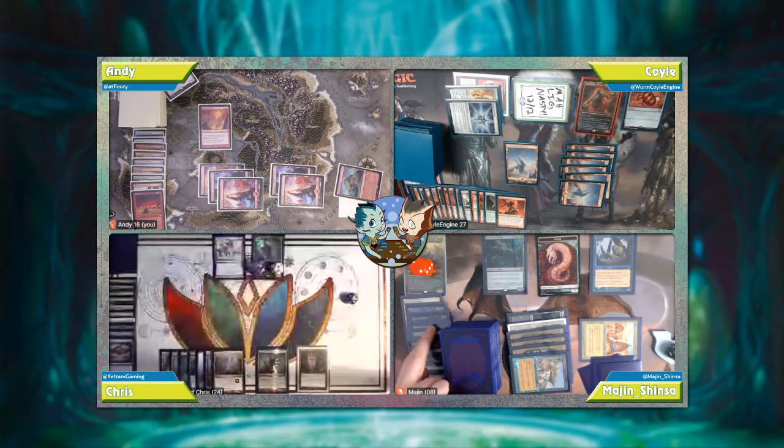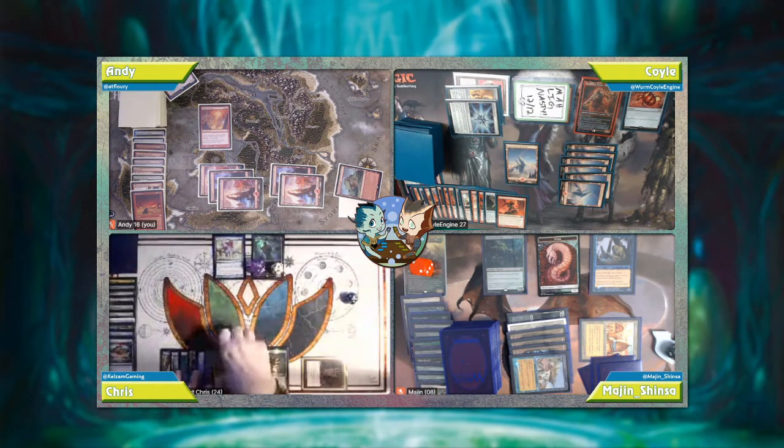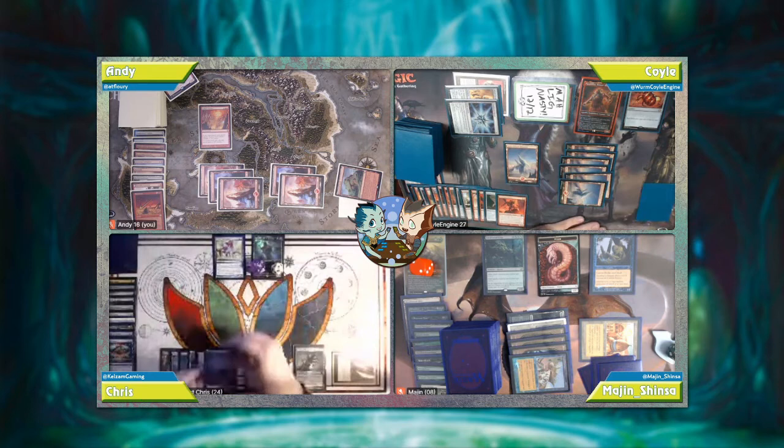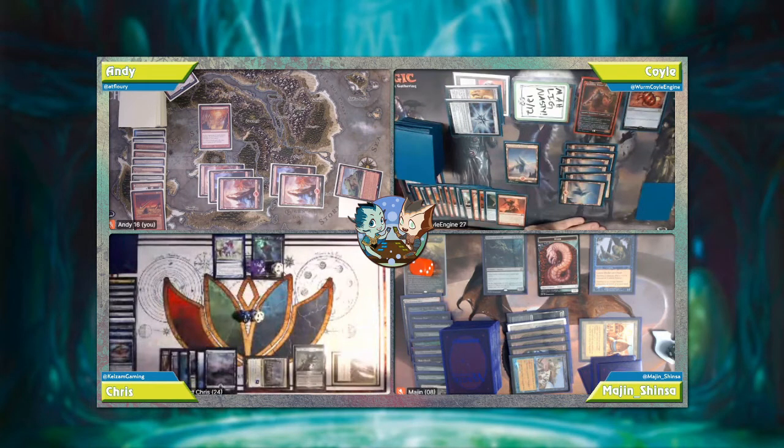Actually, no, I'll leave the 1 I have floating. I'm gonna tap the Grim Monolith for 3 colorless. I'm gonna use 2 of that to tap Nykthos for 3 blue. So I have 3 blue and a colorless floating. Find a better way to track it. And then I'm going to tap